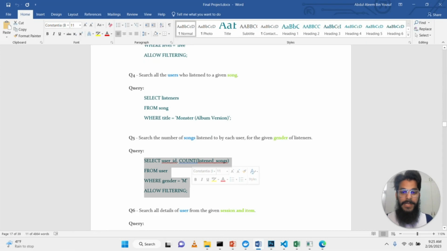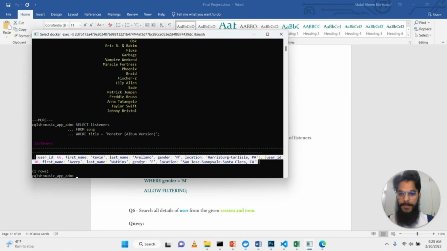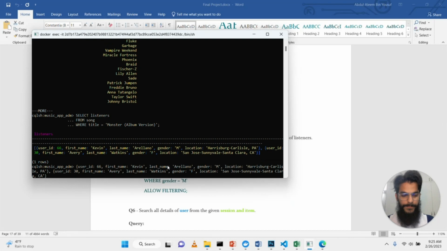Here is the problem. The query is about searching the number of songs by each user, so it's like a group by. For each user, the number of rows, the number of songs, with a given gender. It's the same thing. But the tricky part is this: if I use the count function without group by,